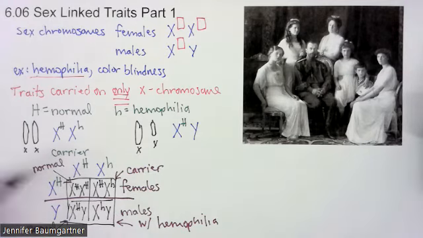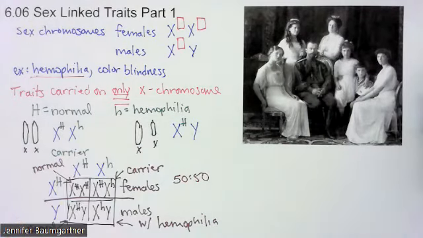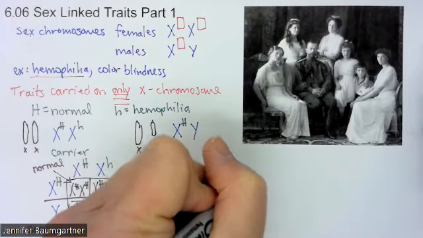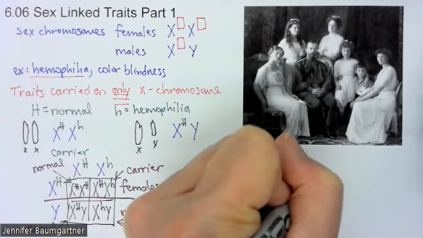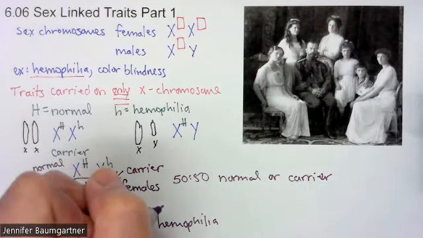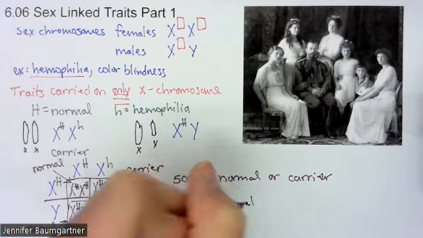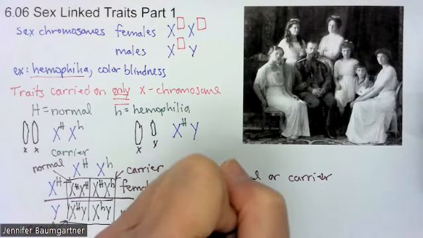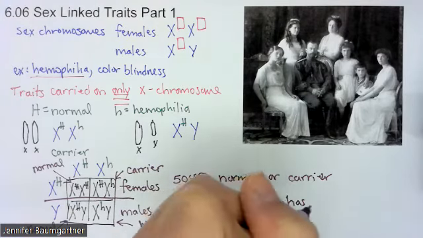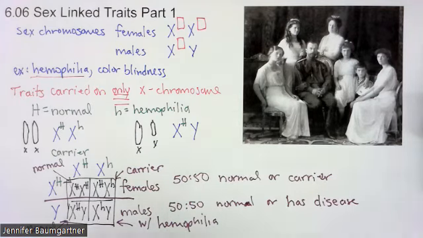So for females, we're 50-50 normal or carrier. 50-50 normal or carrier. 50-50 normal or carrier, but the males, so for our males, we're 50-50 normal or has the disease. Has hemophilia. And this is what is kind of an issue for men with sex-linked traits because they're carried on